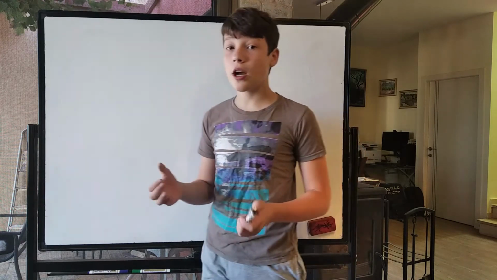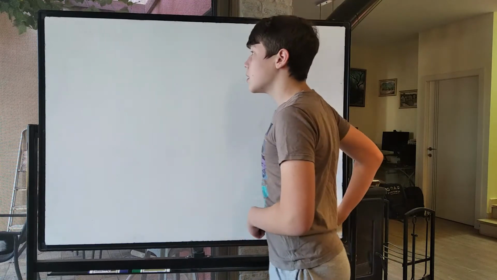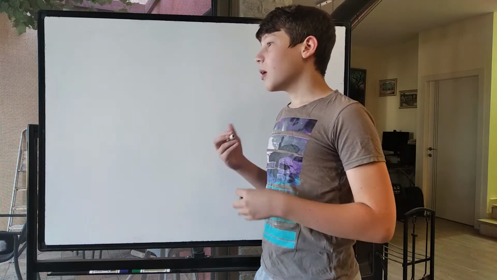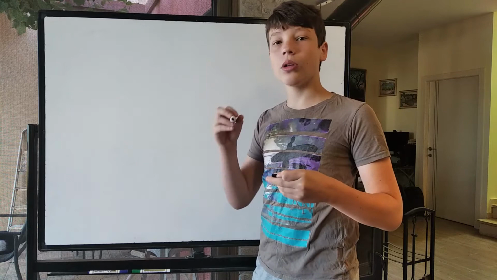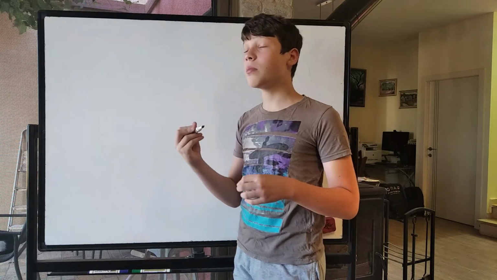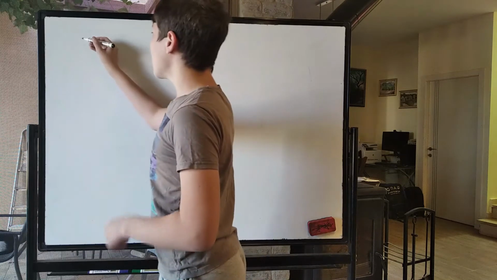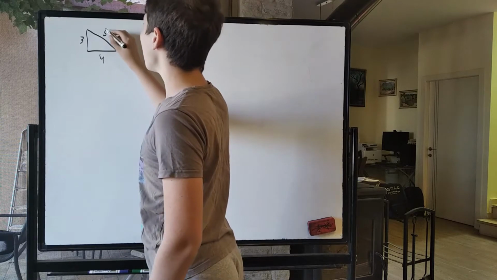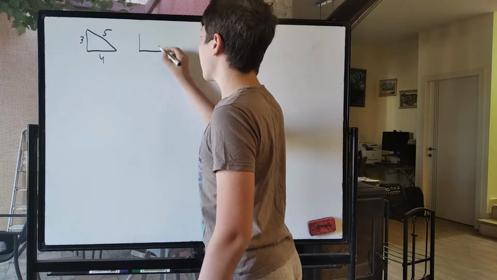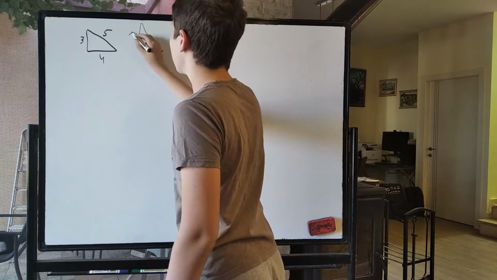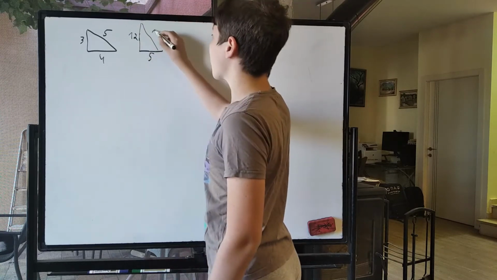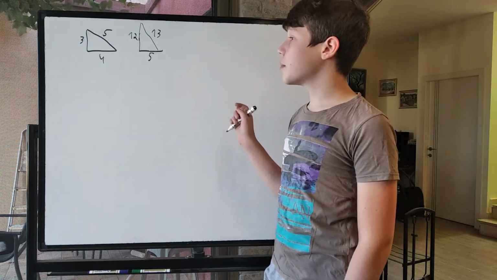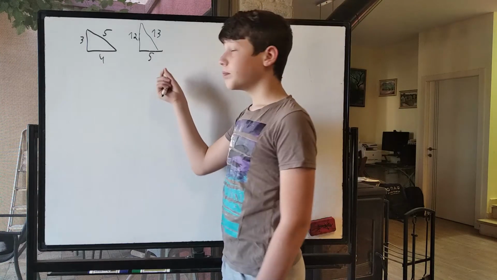So first of all, let's quickly talk about what is a Pythagorean triple. It's very simple. You were probably shown, when you learned about the Pythagorean theorem, some small examples for it, like if you have a right triangle, 3, 4, 5, or maybe 5, 12, 13. All of these are Pythagorean triples because you can put them on a right triangle like this,